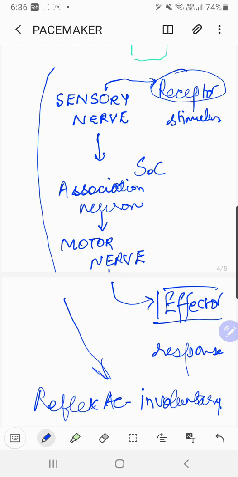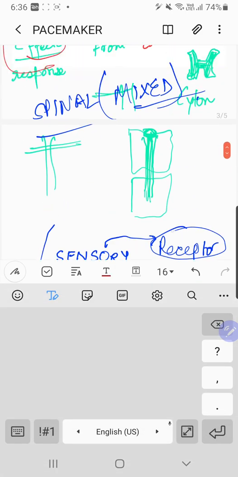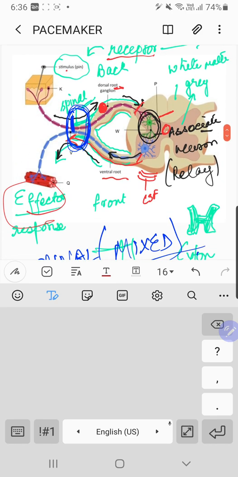But when you talk about the conditioned ones, these are the reflexes that you learn through your experiences during your lifetime. Right, children? There are various examples given in your book. Always read those examples, because sometimes they make an odd-one-out question, where three belong to one category and one belongs to a different category. So that question becomes quite confusing. I expect that you have listened to whatever I have said, and just prepare this well. This is a reflex arc.